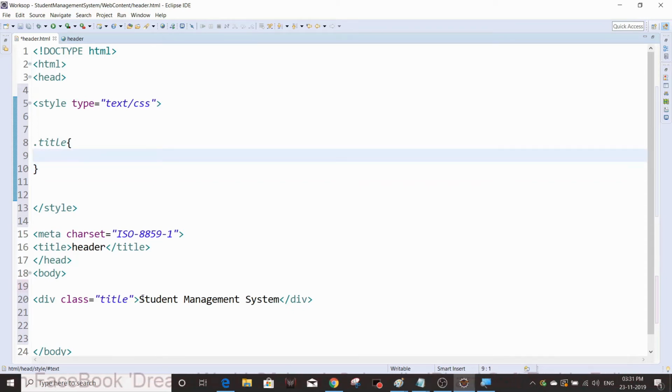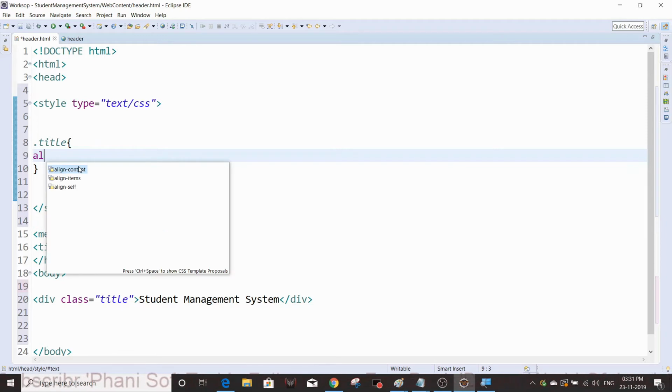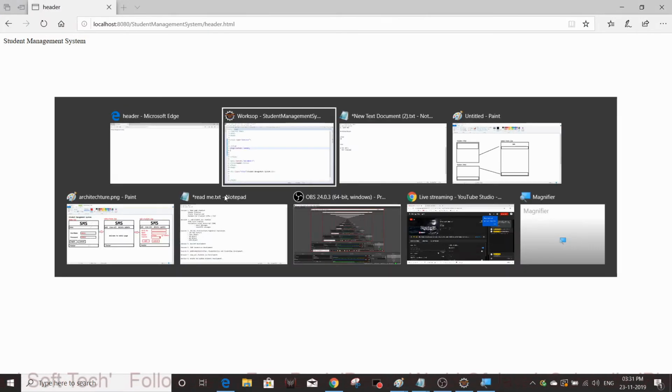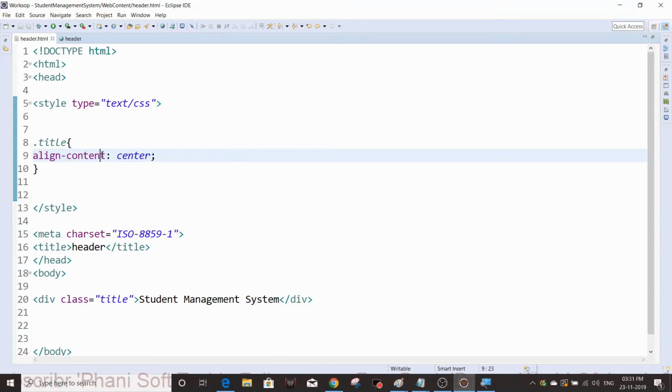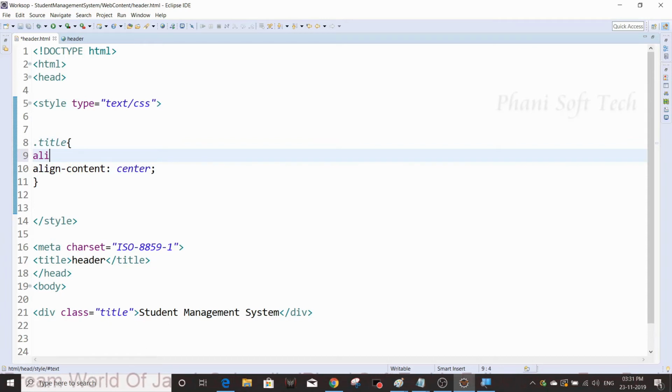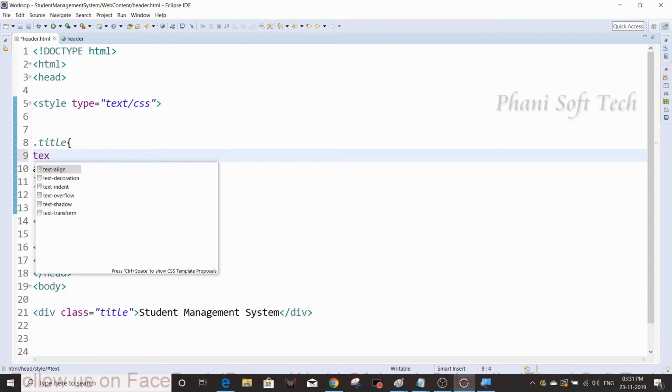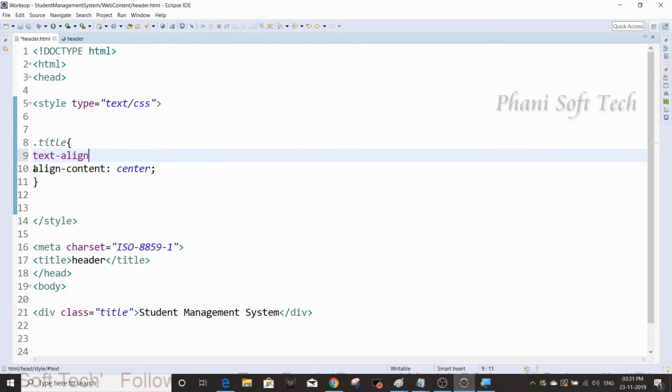I'm going to put this entire title into the center. So we have a property like align content, center. No, it's not align content. I think it's text align, sorry, text align, not align content.